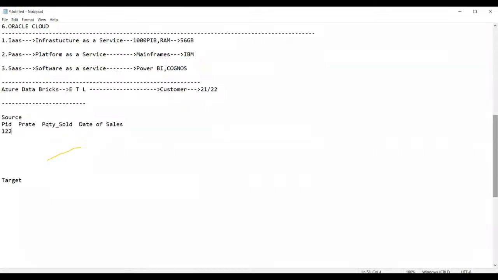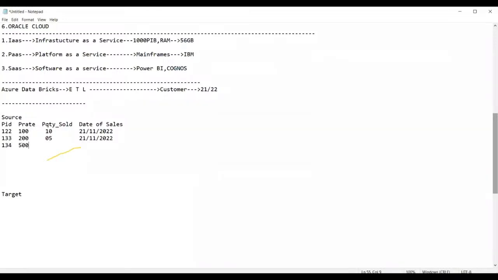Let us give the product rate as 100 rupees, quantity sold is 10, and date of sales is 21/11/2022. Then another product, the rate is 200, quantity sold is 05, and the date of sales is 21/11/2022.